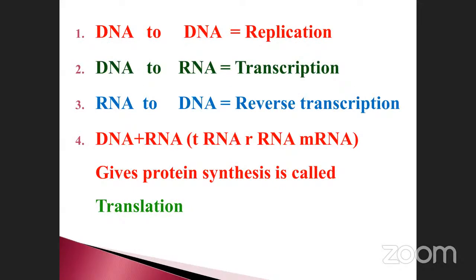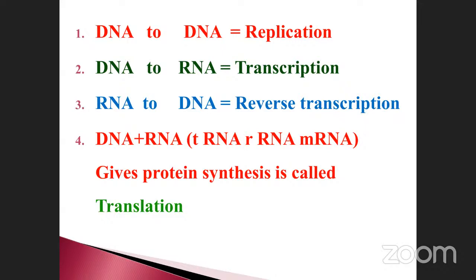When DNA produces a DNA molecule, that condition is called replication. The exact copy of the DNA is produced by the DNA molecule; that is the replication process. Another one: when the DNA molecule produces RNA, that condition is called transcription. The double stranded DNA molecule produces the single stranded RNA molecule, which is called transcription. When the RNA molecule produces the double stranded DNA molecule, that is called reverse transcription. Just note it down, DNA to RNA, but in this case, RNA to DNA. Where does it happen? In the HIV